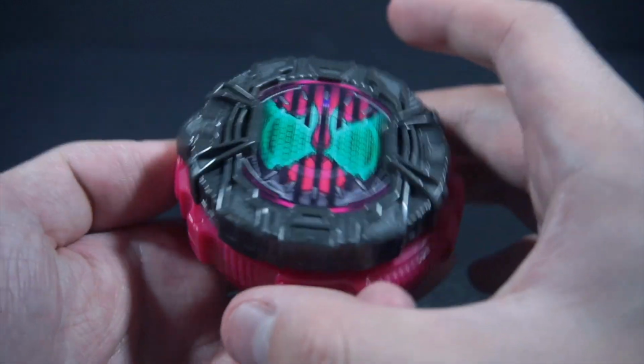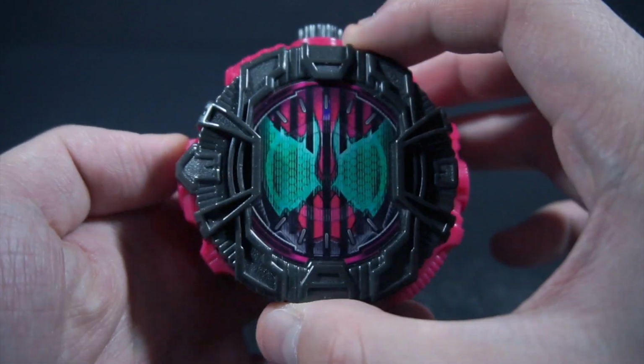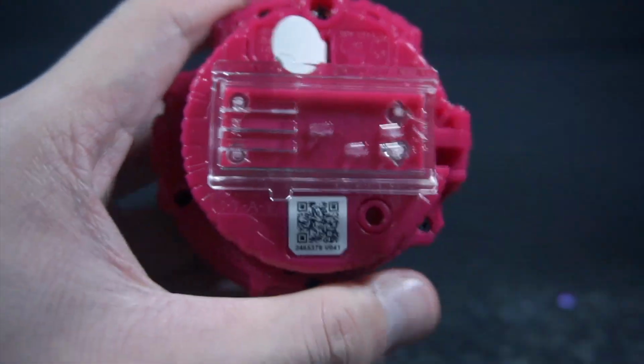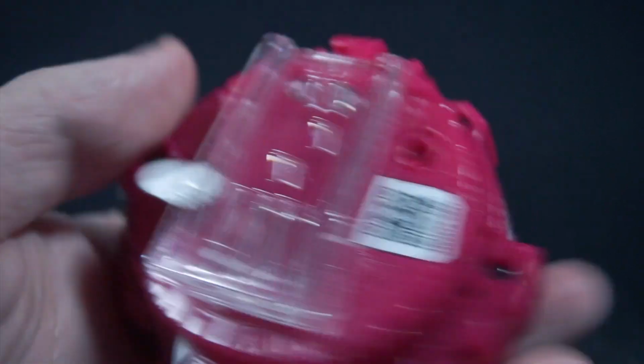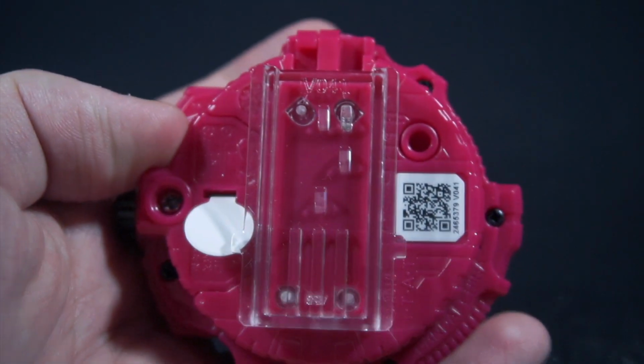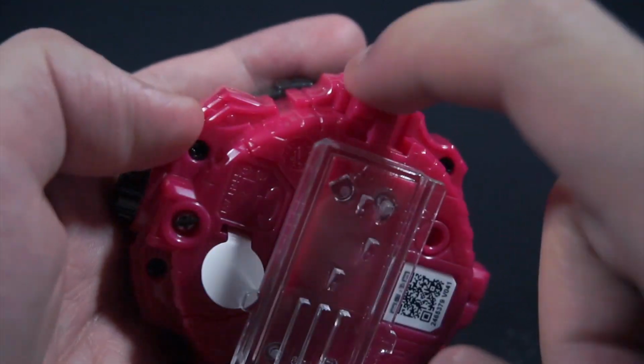Obviously, it's really similar to the Decade Ridewatch, with just a non-transparent QR code for Gamba, and it's V041, reset button, activation button, because this isn't the thing,